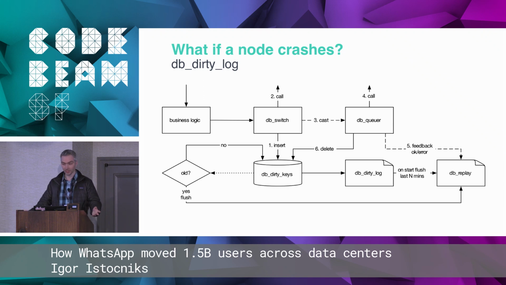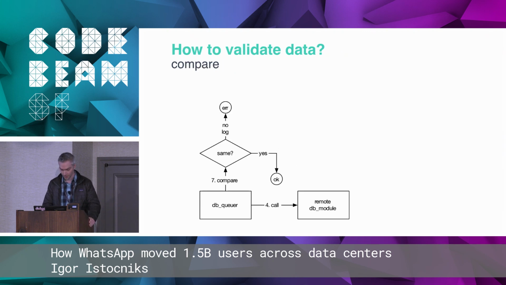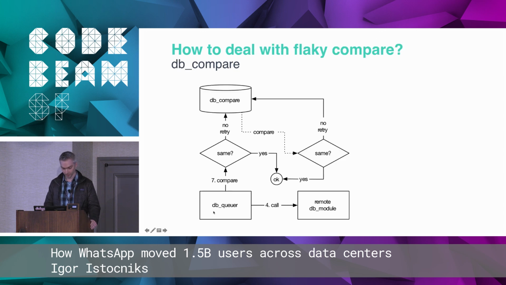Cool. So with all this logic, we now have data on the other side. However, the issue is that the data that we have on the other side is only the one that has been accessed with organic traffic, right? What about the data that is not accessed? What if there are people who weren't using WhatsApp for quite some time? How do we deal with that data? In order to solve this one, we introduced a module that we call dbcure that,